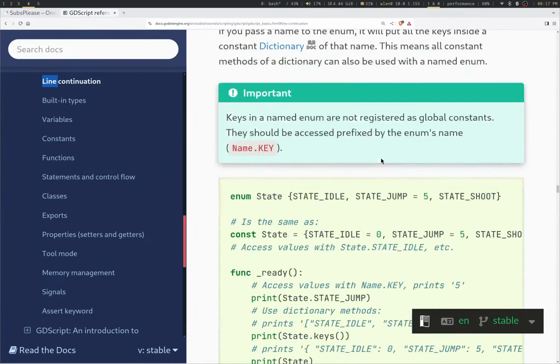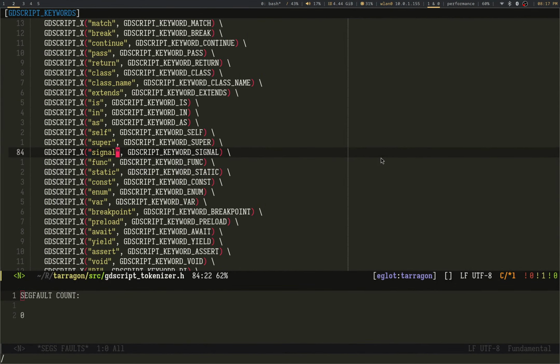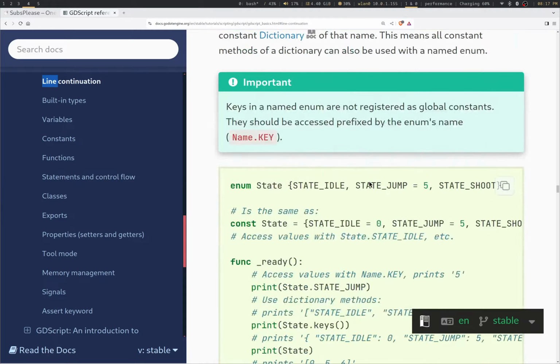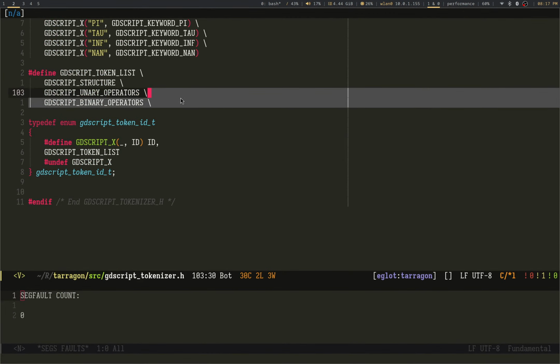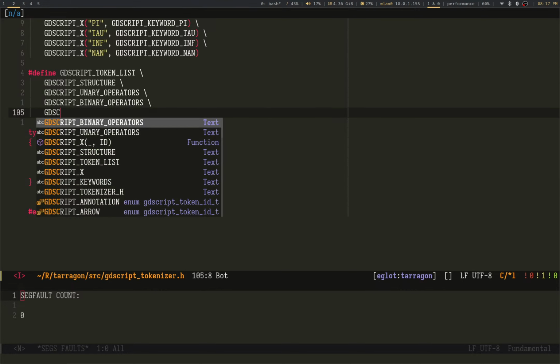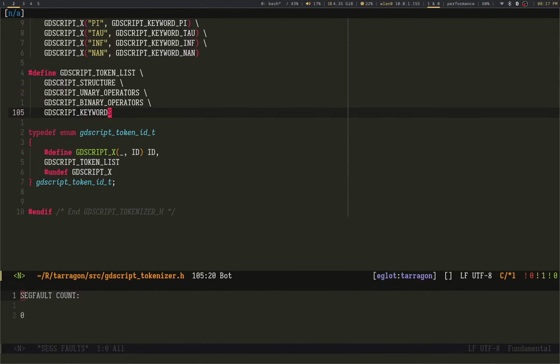Yeah, looks good. Enums. We got enums. We got const. We got var. We're looking pretty. Oop. I don't like this. I hate this name, honest to God.